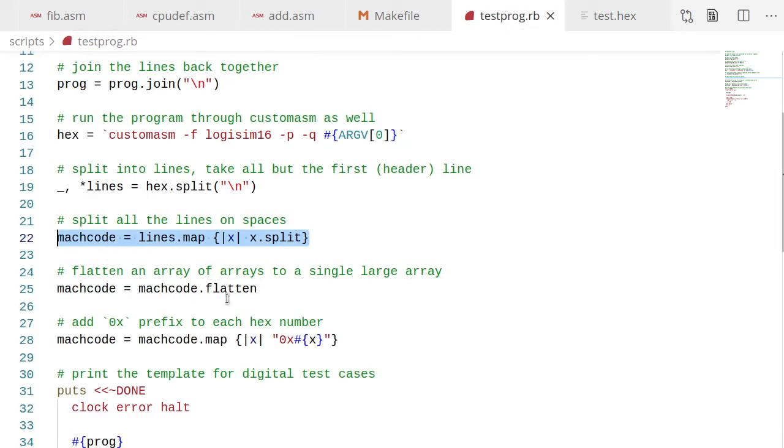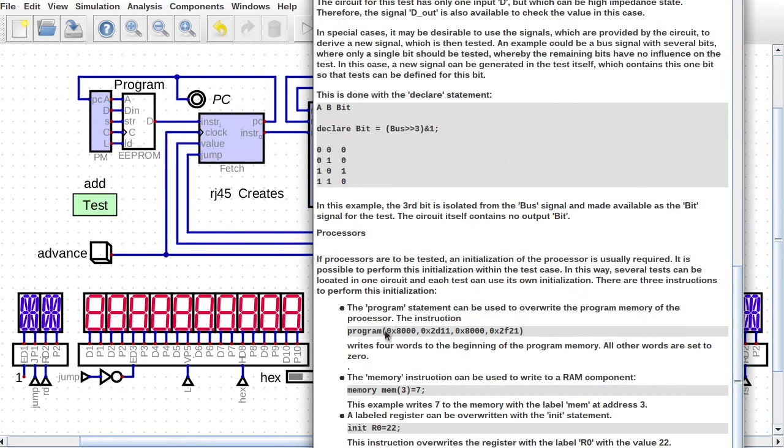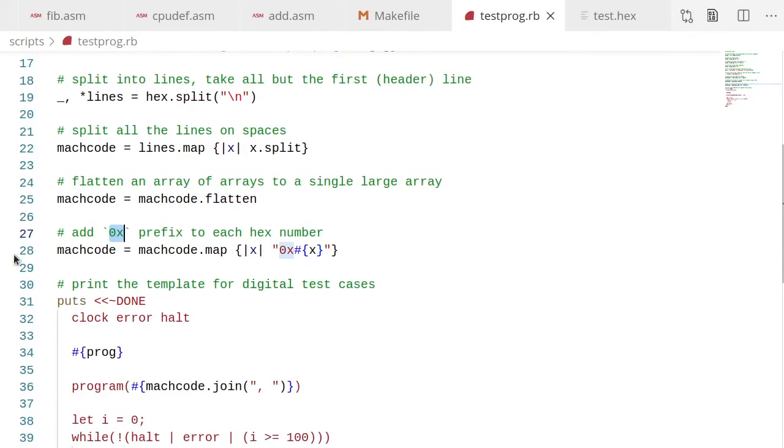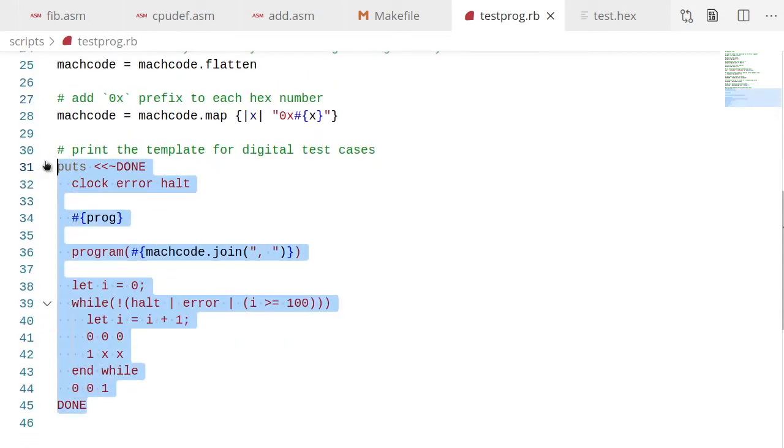So what we want to do then is just flatten that out so that it's a single, large array. So essentially it just takes a 2D array and makes it a 1D array. And then what we want to do is prepend the 0x, because if you recall in the help, the program directive here has 0x in front of each of the machine code instructions. So we want to add that on. And then we just take this template here. This is just a